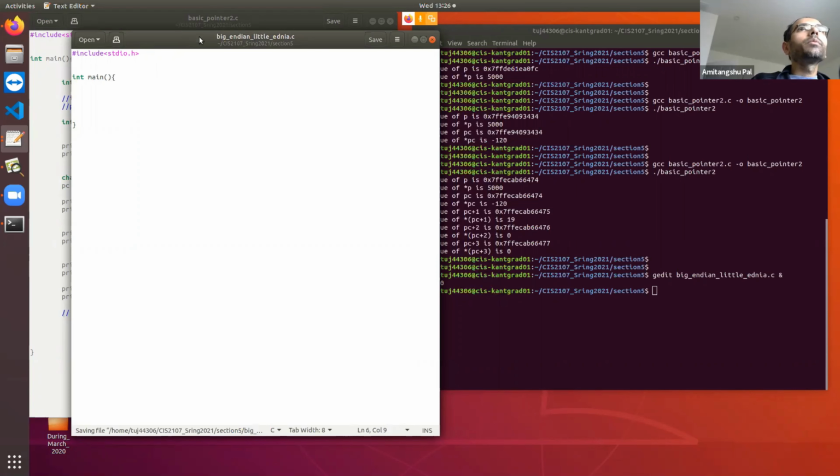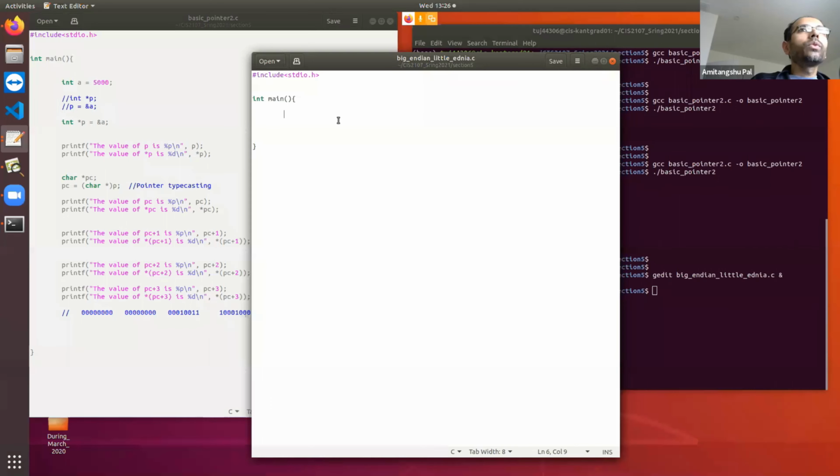At this point I am writing the same program. a equal to 1. 1 is easier to understand because it is all zeros followed by 1. Clear? And then I'm just saying that character pointer pc equal to ampersand a. So I may need to change the type of the pointer.